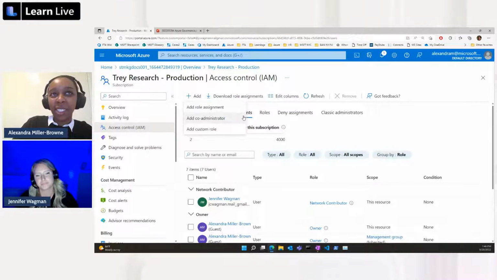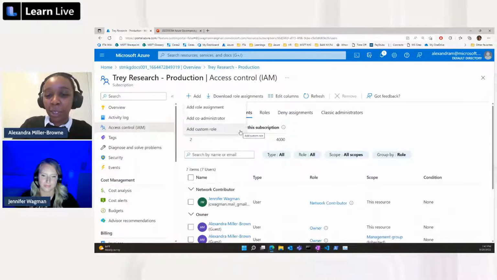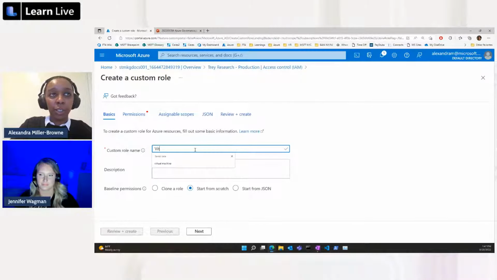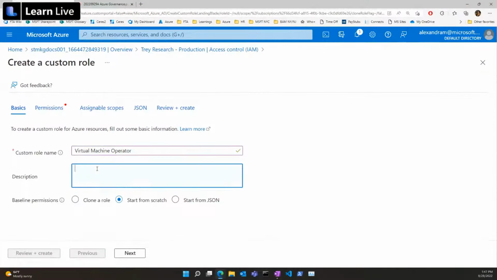And then just also wanted to touch on adding custom roles. So I know, as you can see, there's a bunch of different types of roles, and let's say it's just not meeting the exact specific need that you would want. So here you can add a custom role. And so with the custom role name, let's say I'm going to do virtual machine operator as my custom role that I want. So I want this really specific role where I want to make sure that I can only start or restart virtual machines